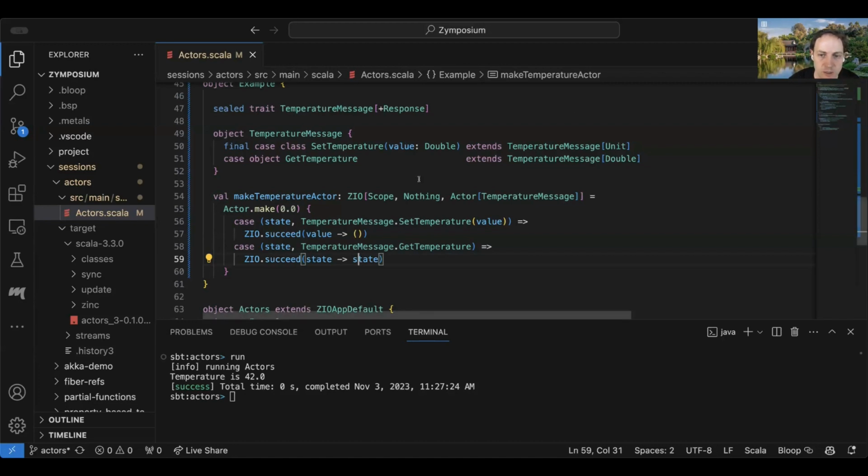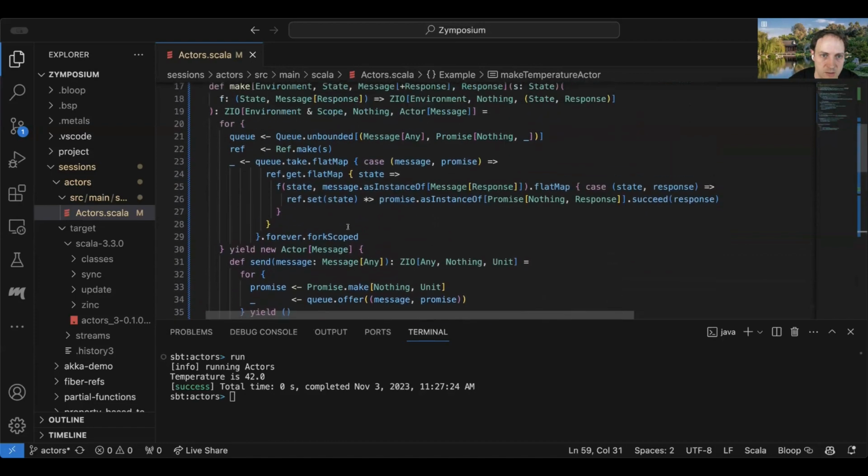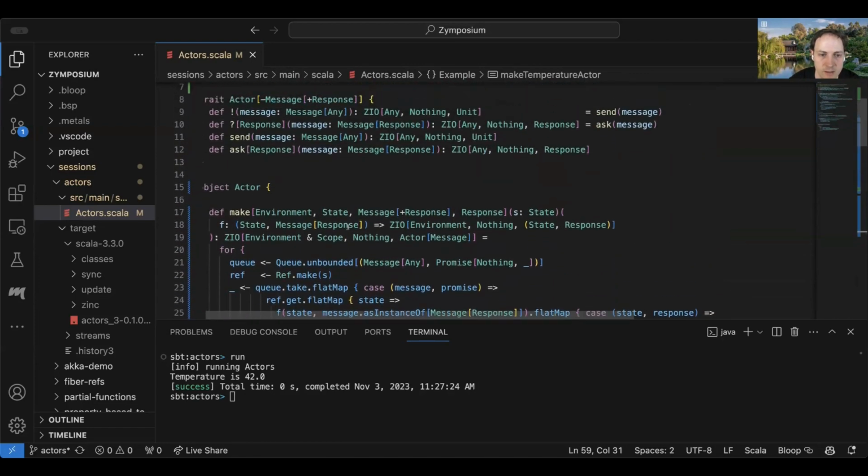Yeah, it's pretty cool. And I think one of the other neat things about this is it gives us more insight into what an actor is, because this type signature, if you look at it, should look in a way very similar to some other things that you might have seen. Let me see if I can find some of them for you.